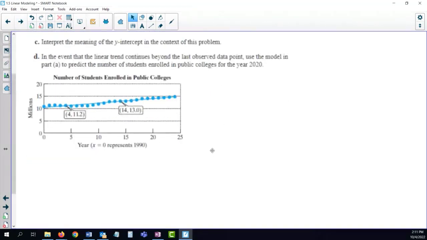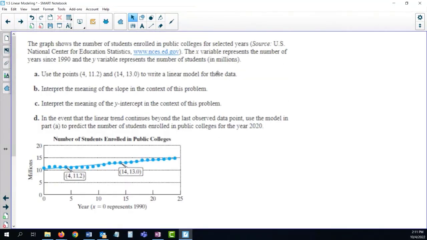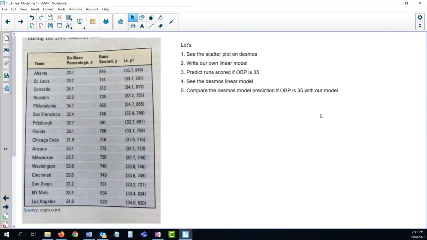And then the last one has us do the same thing as the problem we just did. So this is just the same question that we just saw: write a model for these 2 points, interpret the meaning of the slope, interpret the meaning of the y-intercept, and then predict. So this question is the only one that has new information for us. And the reason it has new information is it tells us